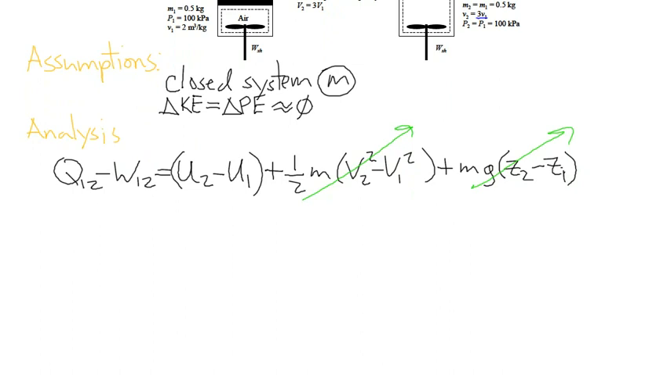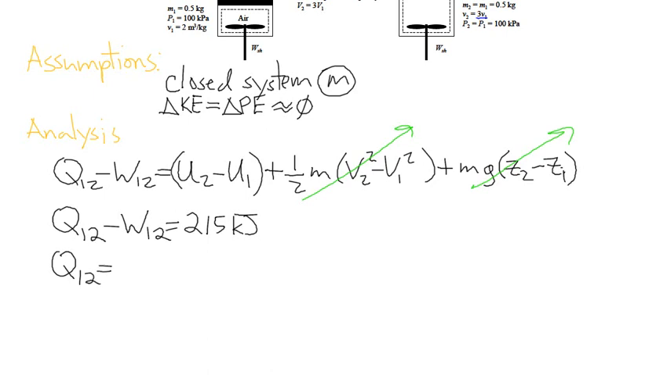Now recall they gave us the value for the change in internal energy. So we can rewrite this as heat transfer minus our work is equal to 215 kilojoules. Okay. So now we're trying to solve for heat transfer. Let's put this on one side. We have our heat transfer 1,2 is going to equal our work 1,2 plus